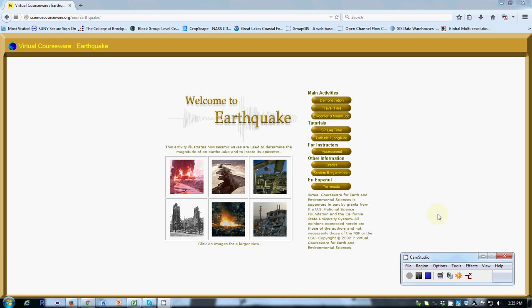This is a brief review of the procedure to do the virtual earthquake lab. You'll need to use the Firefox browser in order for this to work. It won't work in Chrome, and it'll probably work in Internet Explorer, but I'm not going to promise. So use Firefox. You'll probably get a message somewhere along the way asking if you are willing to allow pop-ups,